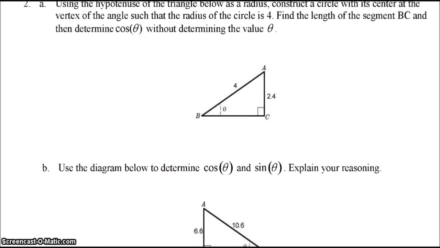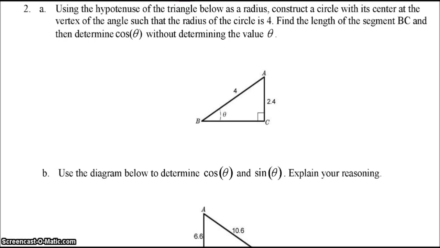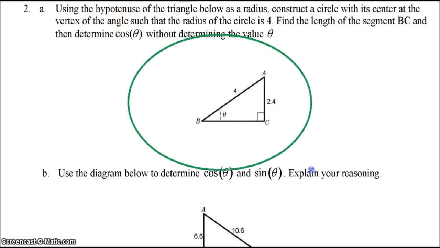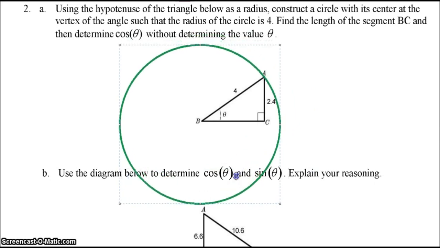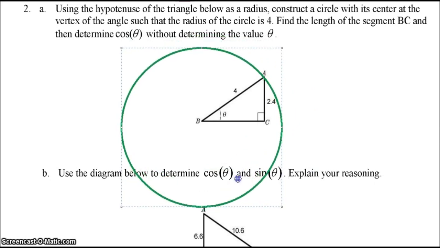Using the hypotenuse of the triangle below as radius, construct a circle with its center at the vertex of the angle such that the radius of the circle is 4. Find the length of the segment BC and then determine cosine theta without determining the value of theta. Well, we could make a big circle with its center at B, and point A should be on the edge of the circle if this angle theta is going to be accurate. But here we want cosine of theta,